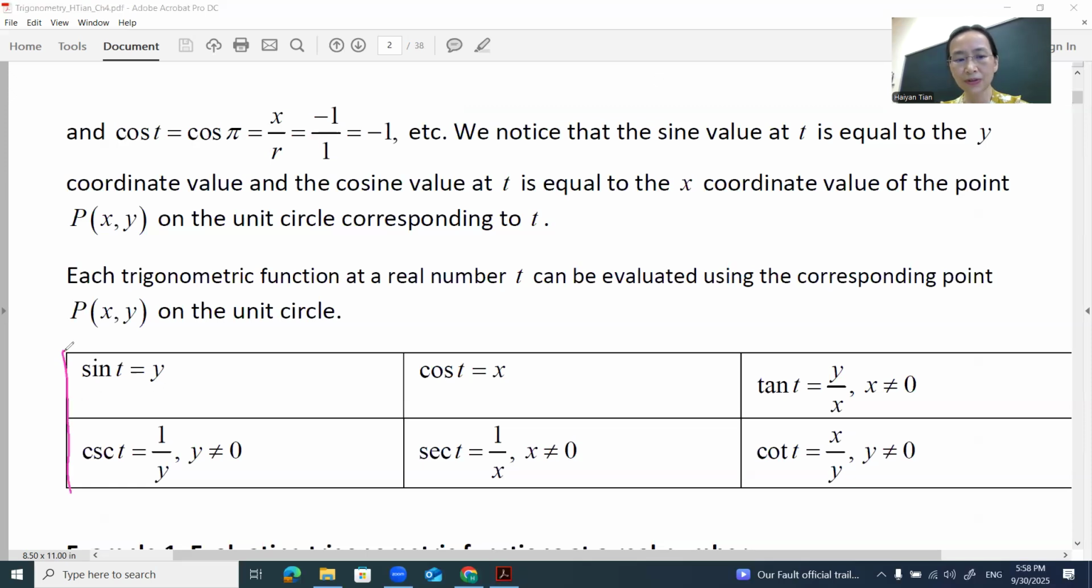This result is simply by our definition of sine and cosine. Let's take a closer look. Cosine t is the x coordinate of the point, right? Sine t is the y coordinate of that point on the terminal side of t, also on the unit circle. That's the point we picked. So with the sine and cosine, then we can